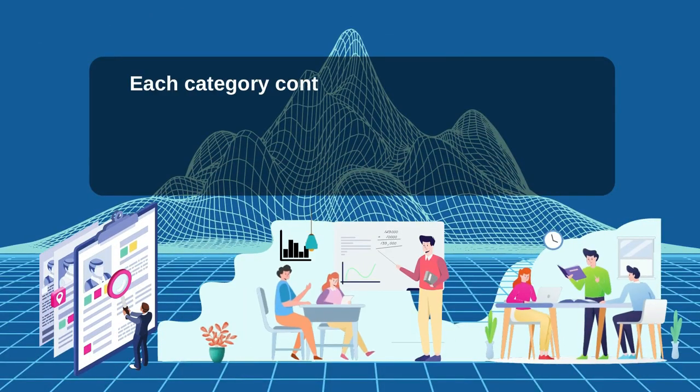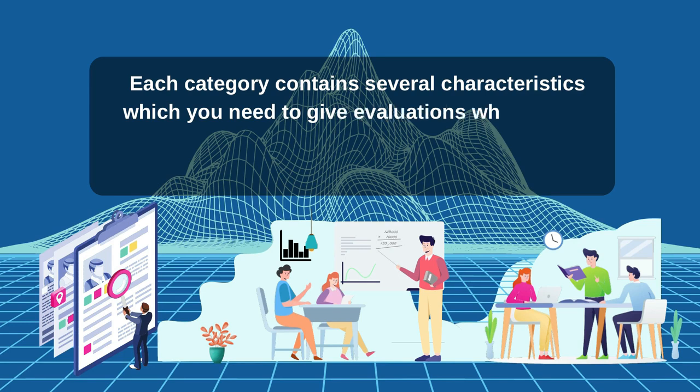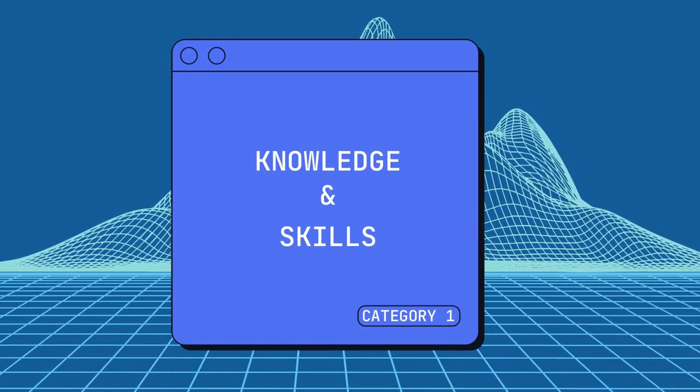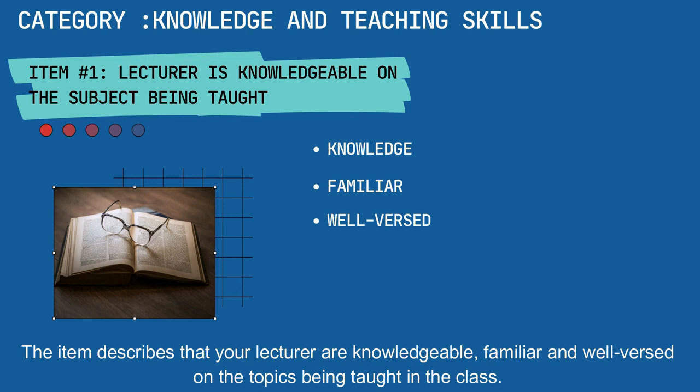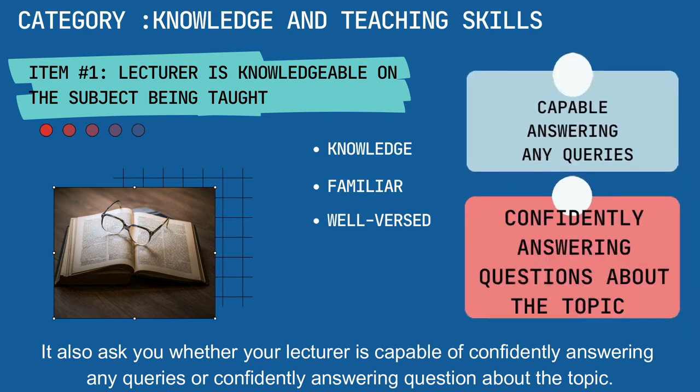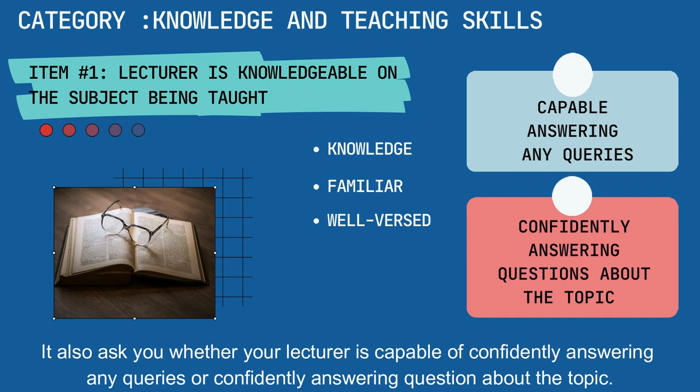Each category contains several characteristics, which you need to give evaluations whether you agree, or not, that the lecturer has shown these characteristics. Here they are. Knowledge and teaching skill. The item describes that your lecturer is knowledgeable, familiar, and well-versed on the topics being taught in the class. It also asks you whether your lecturer is capable of confidently answering any queries or confidently answering